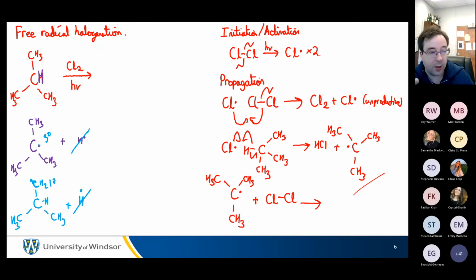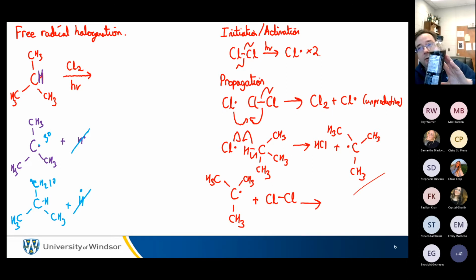So literally in a Pepsi bottle like this that I've got, if this bottle was full of isobutane and chlorine in a 1-to-1 molar ratio, and I was shining a light at it, I would probably have like 2 to 5 radicals in there at any one time. I just wouldn't have very many radicals. Think about how many molecules there are. It's on the order of 10 to the 21 or 10 to the,